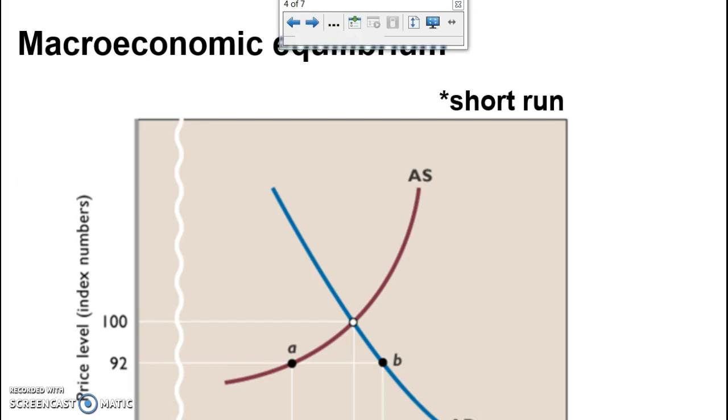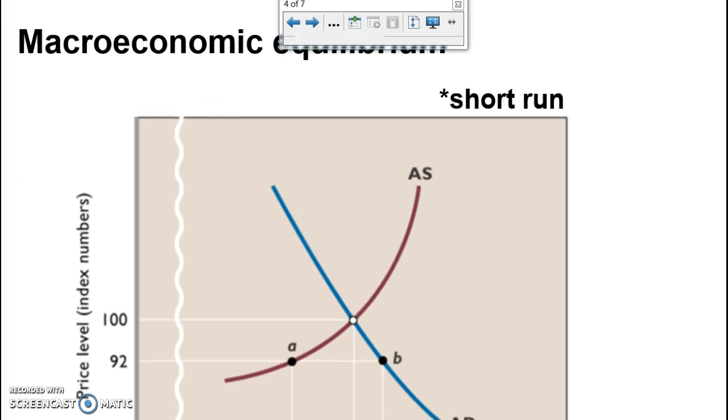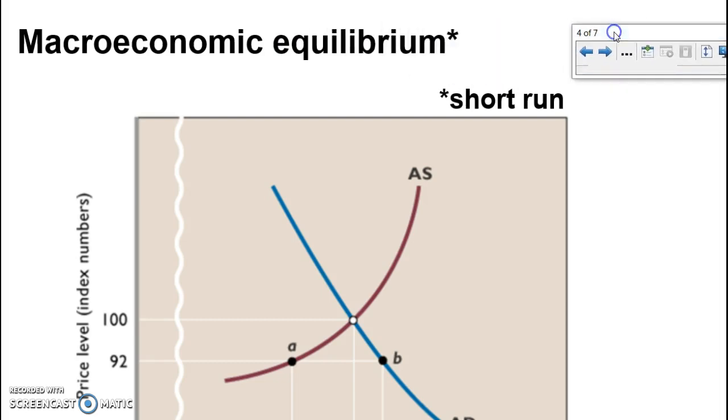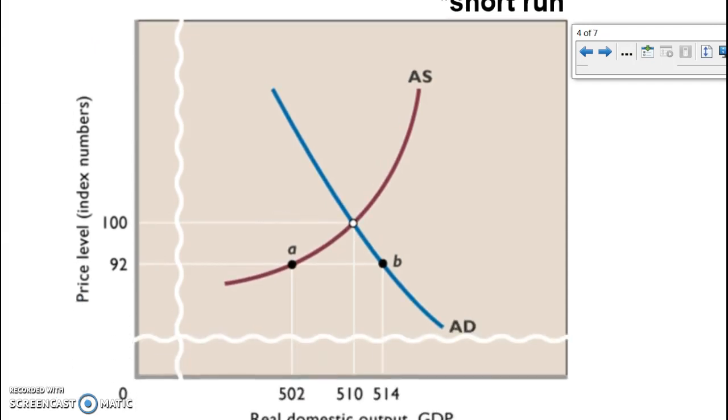Okay, so we put them together. This is the macroeconomic short-run equilibrium. What we've done is put aggregate supply and aggregate demand together, and we have an equilibrium position, which is shown at this price index level of 100 and a GDP of 510, presumably billion, right? So that's just a picture of what happens, and you can see what will happen in this economy. We have a price level, we have an output level,